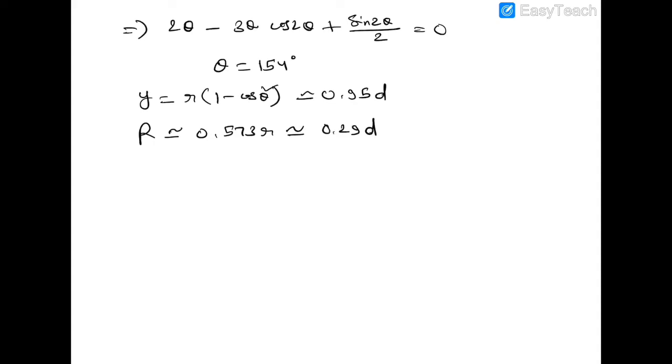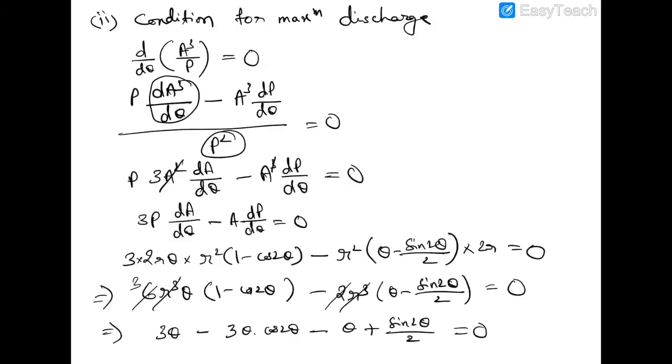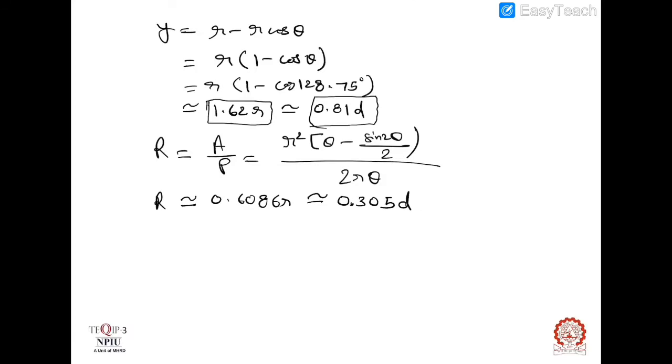Okay, so these are the depth of flow and hydraulic mean depth for maximum flow rate in case of a circular channel, the most economical circular channel, and these are the values of depth of flow and hydraulic mean depth for maximum velocity for a hydraulically efficient circular channel. So in the next lecture we will solve some problems related to triangular channel and circular channel. Thank you.